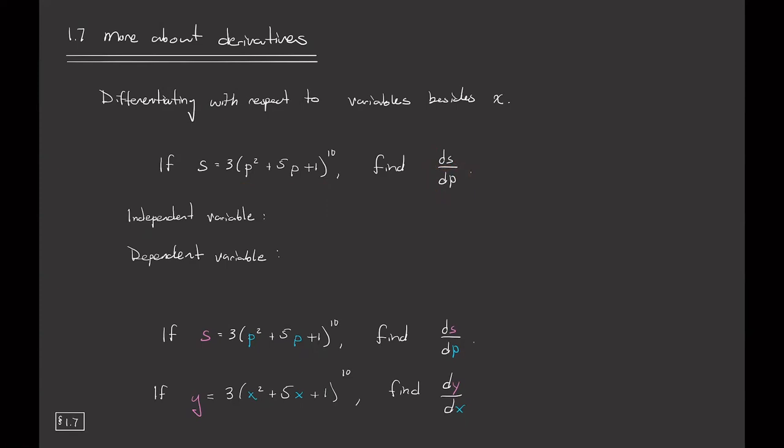Whatever we're taking the derivative with respect to, that's our independent variable. So that will be p. And our dependent variable in this case will be s. We can let p take a variety of different values, but s will depend on what the values of p are chosen to be. And if it helps to see it lined up with more familiar xy notation,